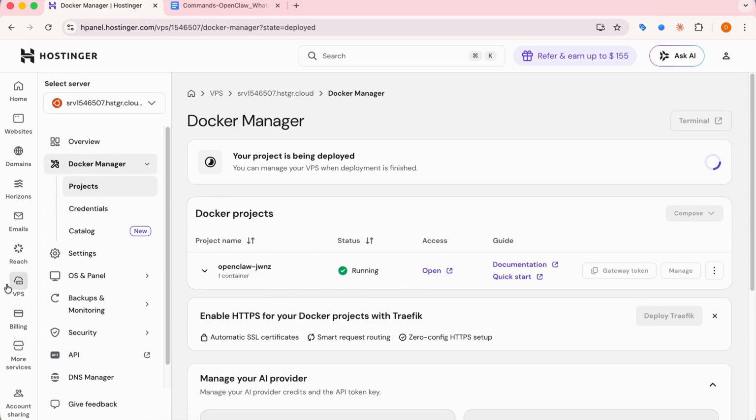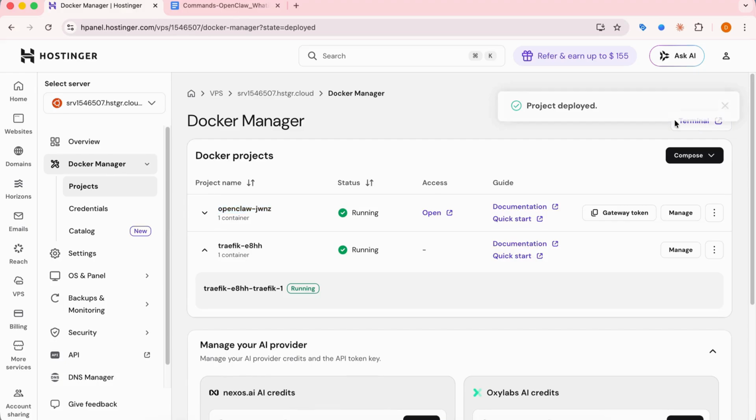From there, navigate to your VPS and open the Docker Manager. You will see a list of your running projects. Look for your OpenClaw project. In my case, it is called OpenClaw-JWNZ. On the top right of the Docker Manager page, click the Terminal button to open a shell session on